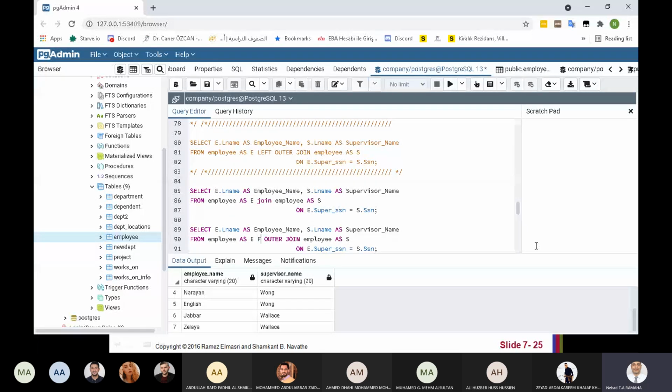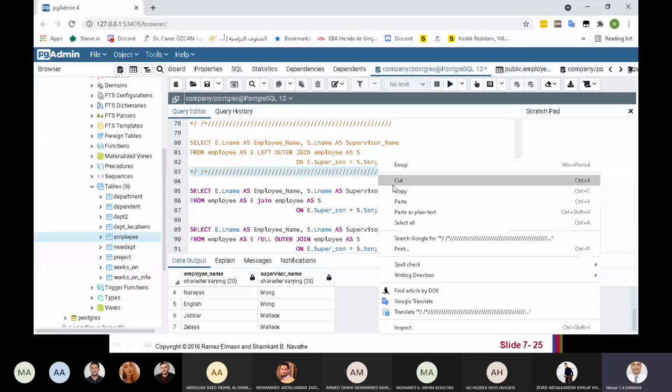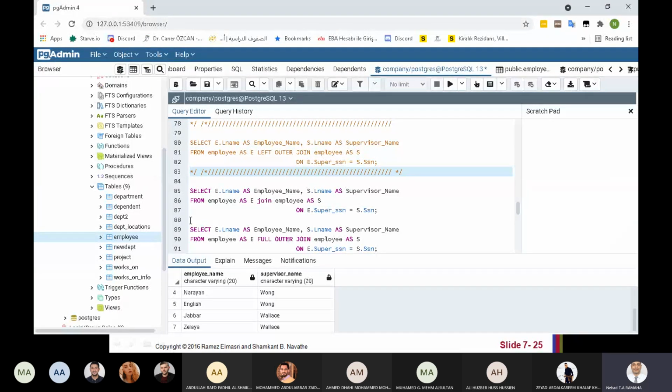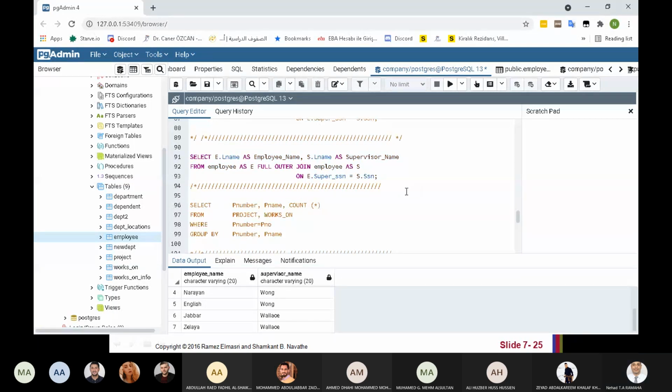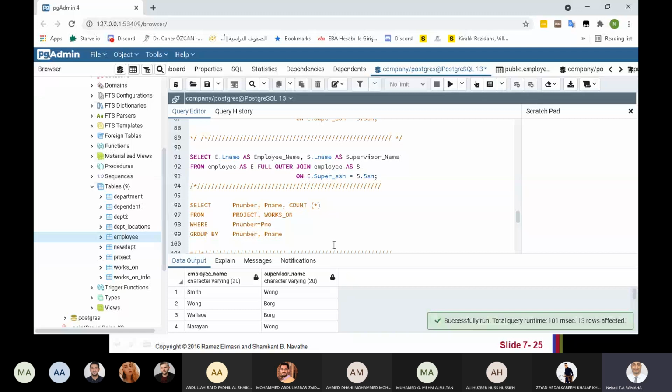Full outer join. I will close this one first. You see the full outer join.